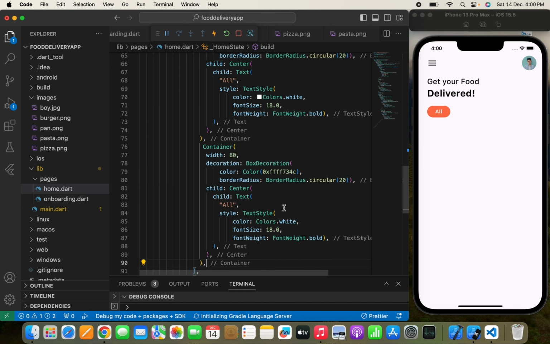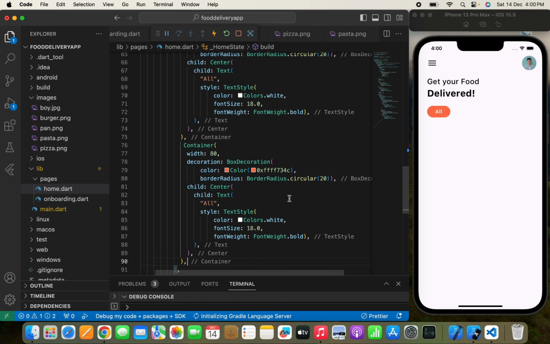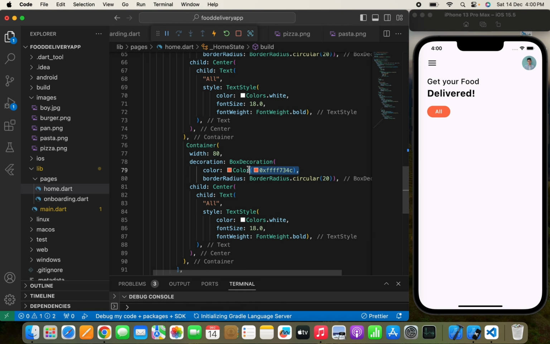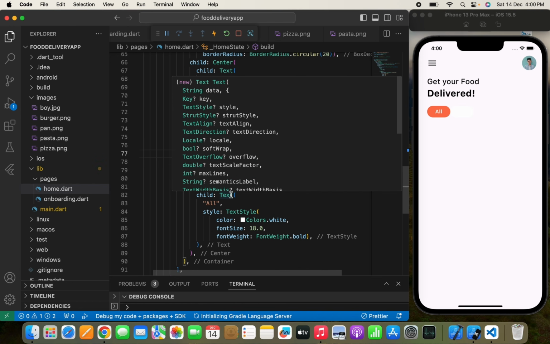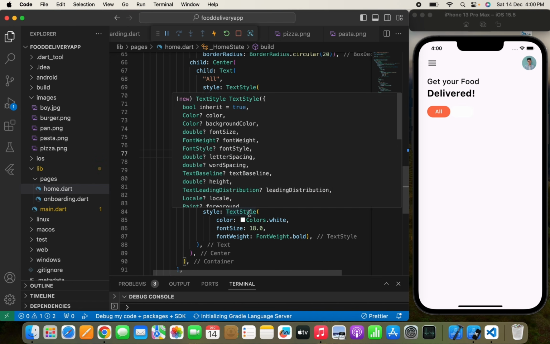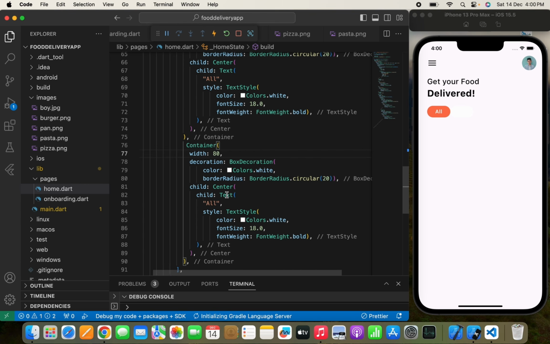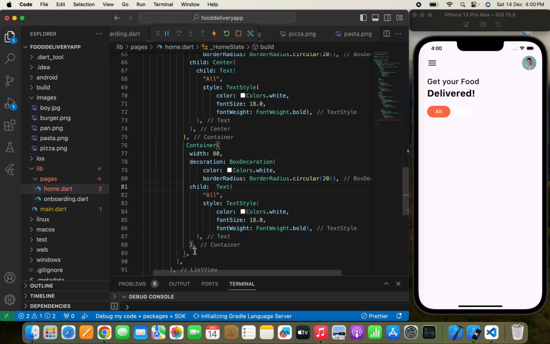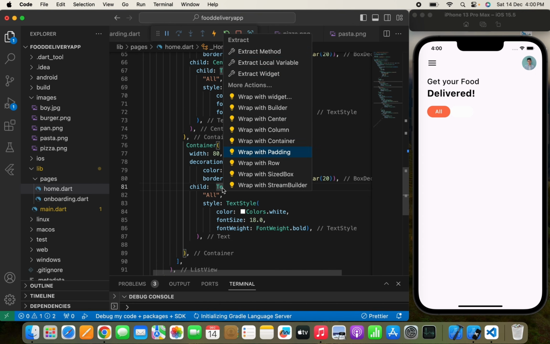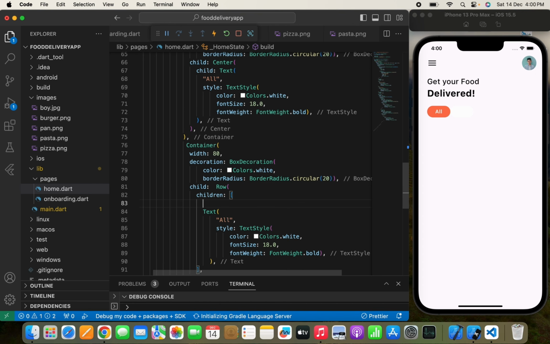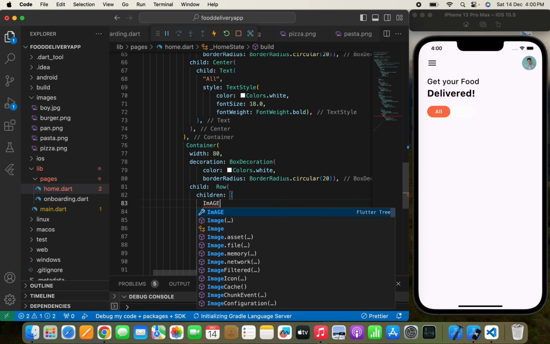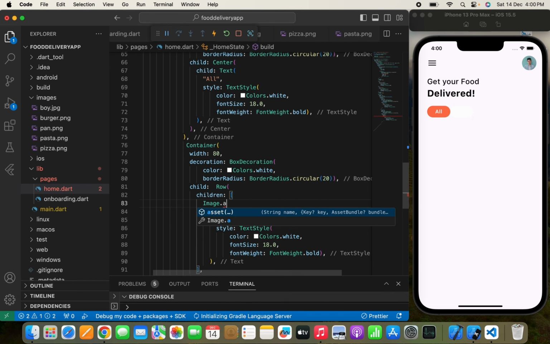And in the container, now I think we need a container with a color, which will be Colors.white. Yeah, let's keep the height as it is. Now we need to use an image and the text widget both together. So let's remove this center widget from here, and here we need to simply wrap it with a row widget. And in the row widget I will use Image.asset,